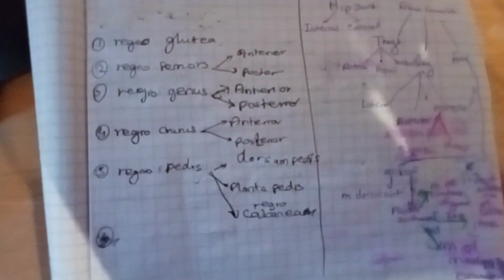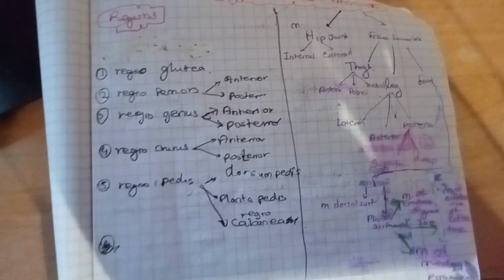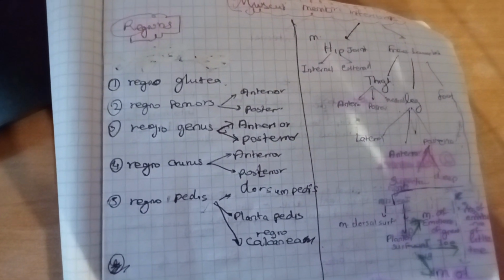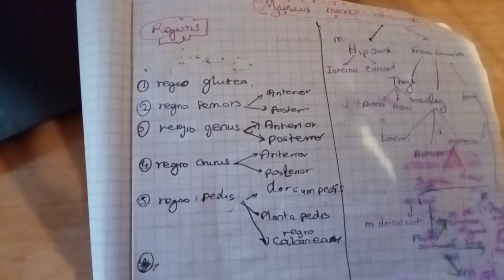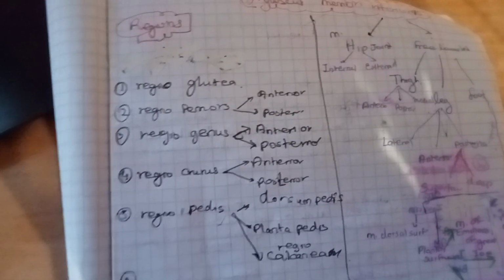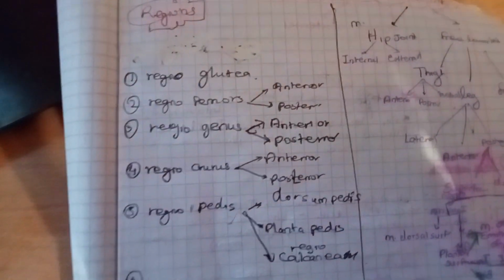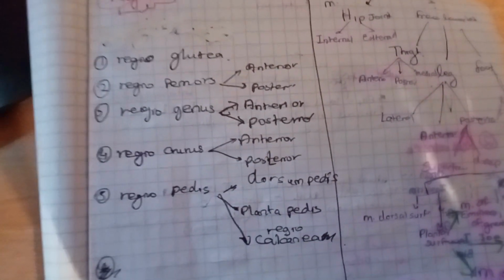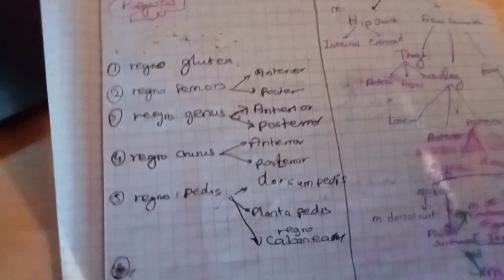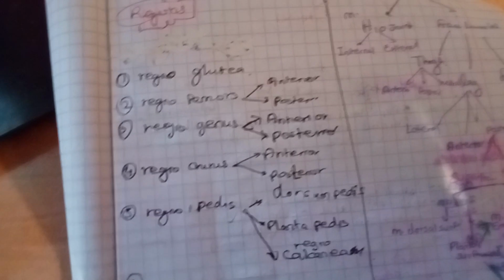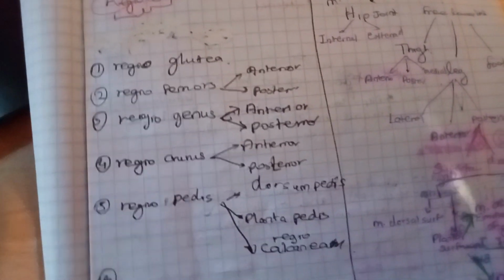And let's discuss the regions right now. There are basically five regions. The first region is regio gluteus, and the second region is regio femoris. As in the name, you can see the region related to the gluteal muscle is the regio gluteus, and the region related to the femur bone, os femoris,